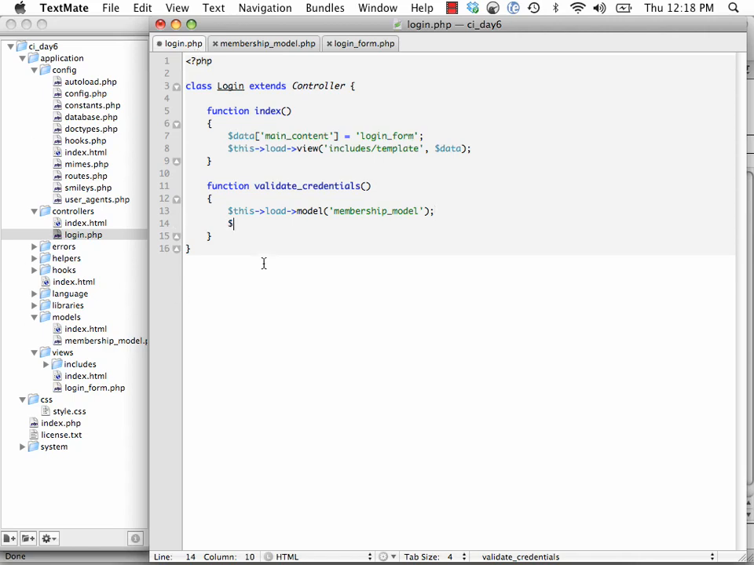And we need to call that method. So this membership model, and we called it validate. But we need to make that equal to the return so we can figure out what was returned. And we'll say if query, so if 1 or if true, let me comment this out, if the user's credentials validated,